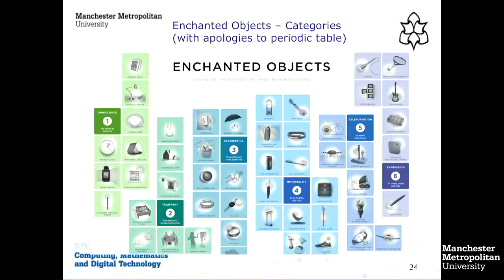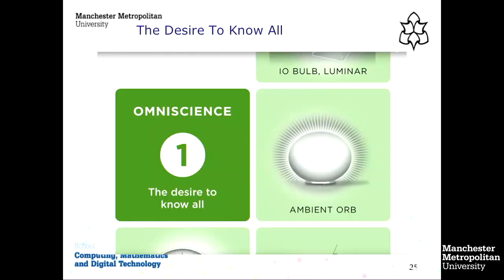Now, Rose categorised his enchanted objects into different areas: omniscience, telepathy, safekeeping, immortality, teleportation, expression, putting different ambient technology into different categories, rather like a periodic table where you group things together according to properties. But if we have a look at one or two of these,